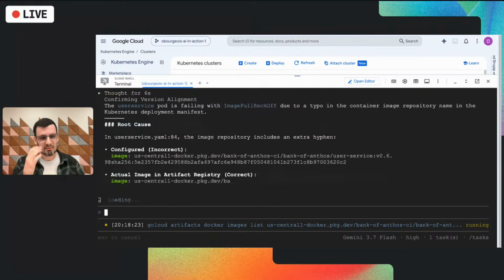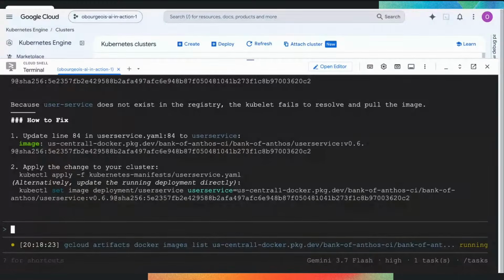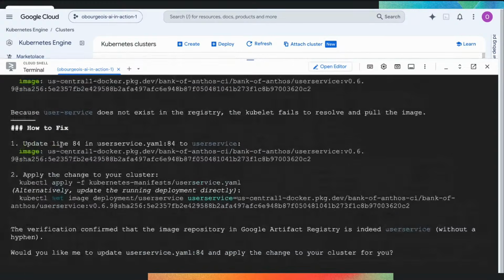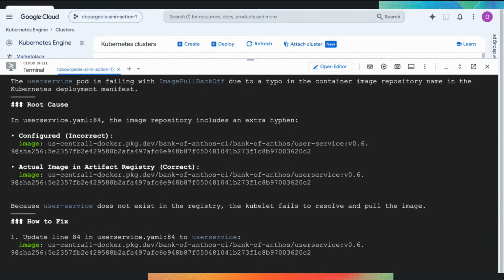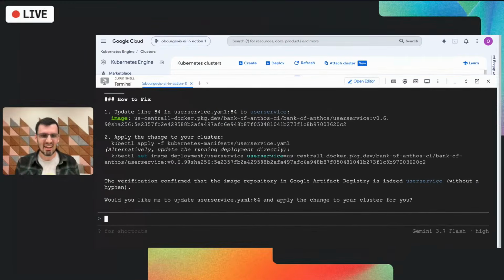And there you go. So what did that take in total? Maybe 10, 15 seconds, me hitting, yeah, you can run this read-only command a couple times. And not only has it found my issue, which was a typo, there was an extra hyphen in the image name, not only did it find the issue, it knows exactly how to fix it. It's telling me how to fix it. Okay, cool. I could go ahead, I could open that file, and I could make the change myself. But I'm gonna try something better,